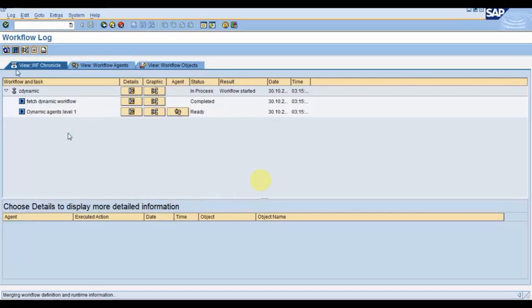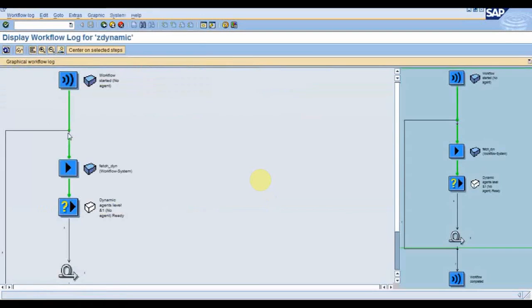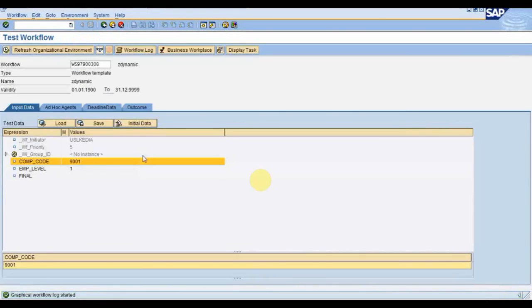First let me show you in the graphic. You can see it is pending with Kumar K. So once it is approved, this loop will get executed. In between we have one container operation, but it is not shown in this graphical log. That container operation will increment the level value, so the level will come out to be 2. Then this loop will get executed and return false. It won't turn into true.